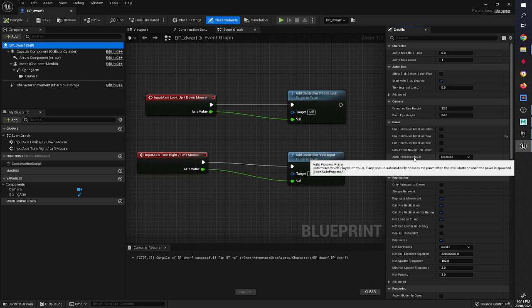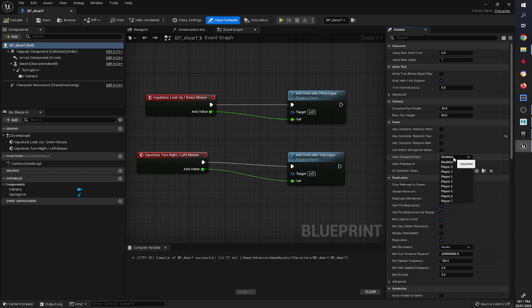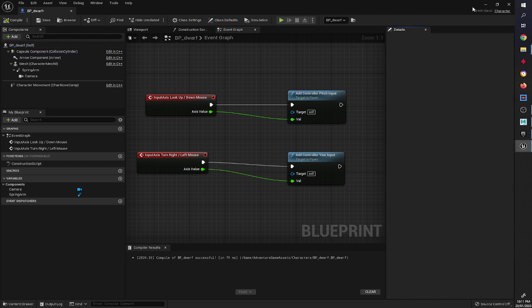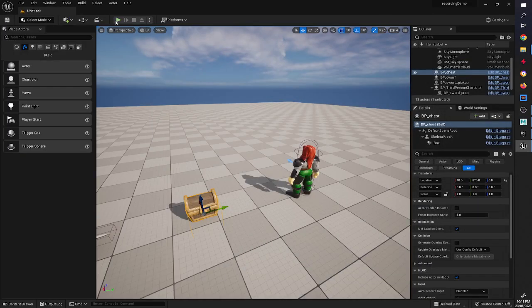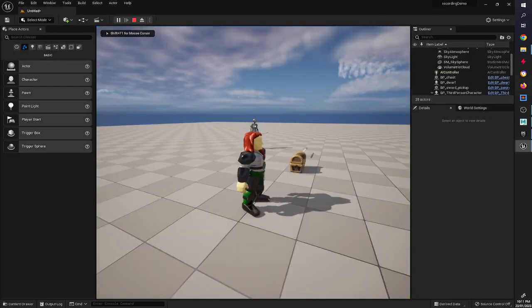So here we have pawn. It says here player possesses disabled. We're going to change that to player 0, which is the first player that spawns. We're going to change AI controller class to player controller. Compile. So now when we press play on this level, instead of going on the mannequin, it's actually going to